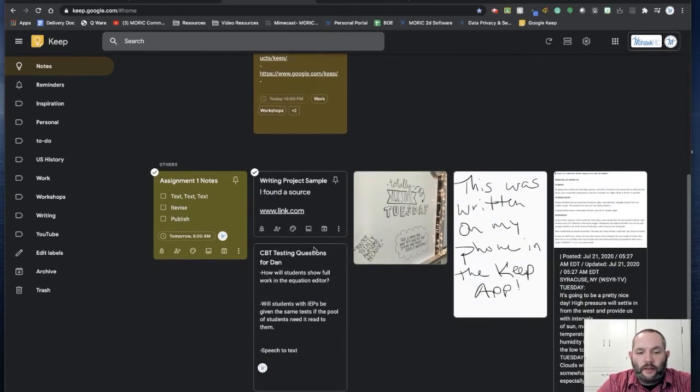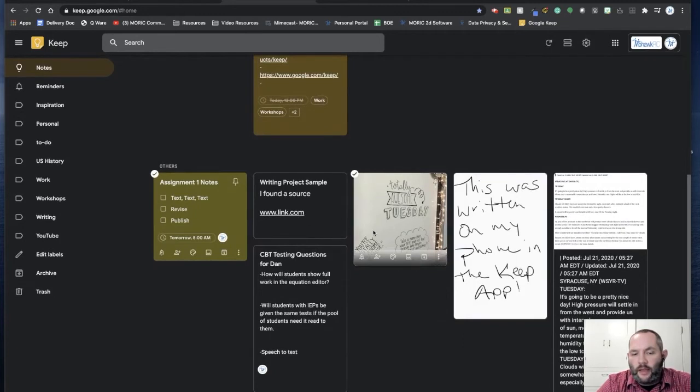Another thing that I like to point out is that if you do have a shared or a collaborative note, you'll notice that it will appear a little bit differently than a note that's just for yourself, in that it will show that person's little Google avatar on the note. And if you hover over it, it will tell you who that person is. So if this were shared with 5 people, I could see all 5 here, but that icon will show on any shared notes.